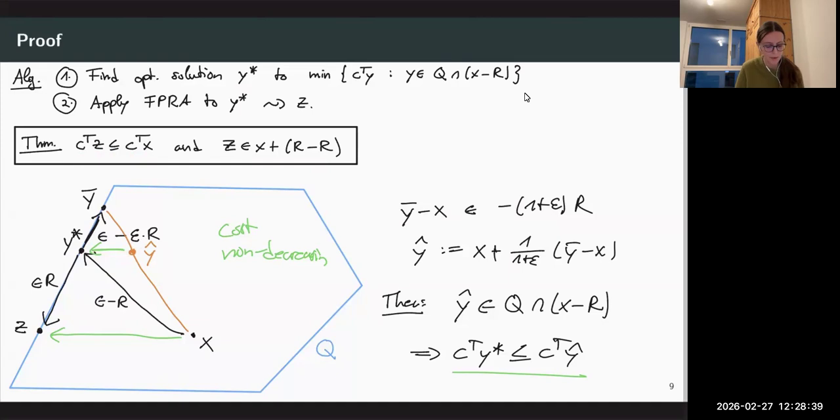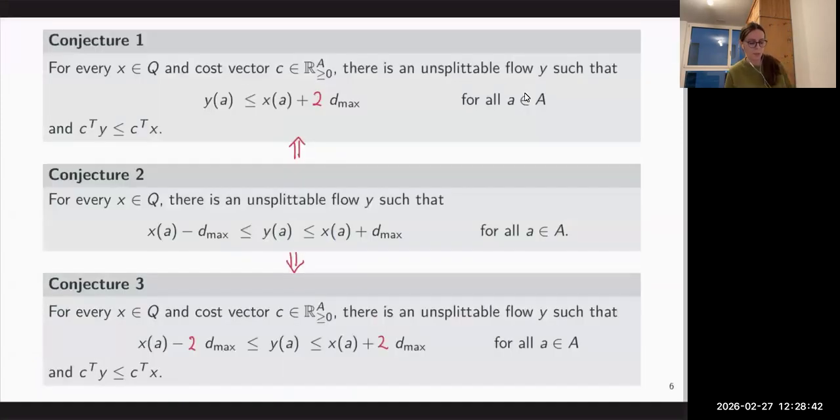But then if we apply it to a concrete setting, what we get is these implications between these conjectures, which are all still wide open. So these are very interesting open questions. Can we prove these conjectures even if we put just any constant in front of these Dmax things? This is all widely open. But at least we now know that these conjectures are related. And somehow if we prove the second conjecture where we don't have any bounds on the cost, then we get these cost bounds somehow for free. So we have this relation between these different conjectures.